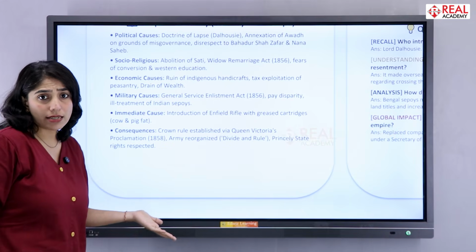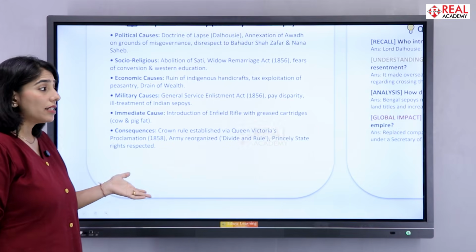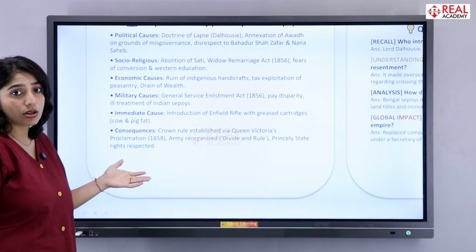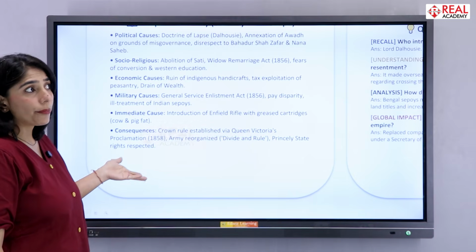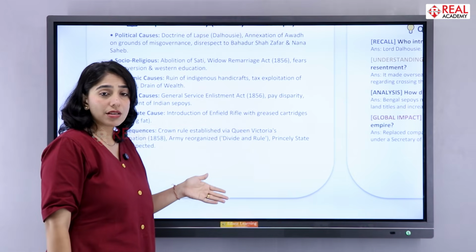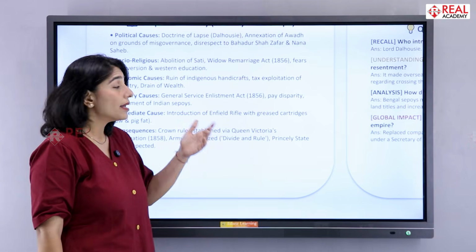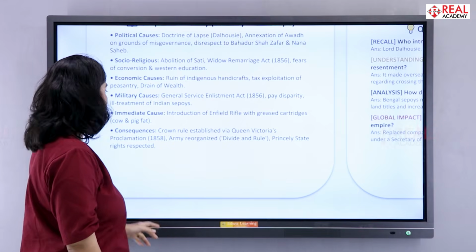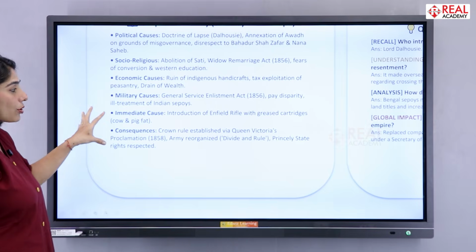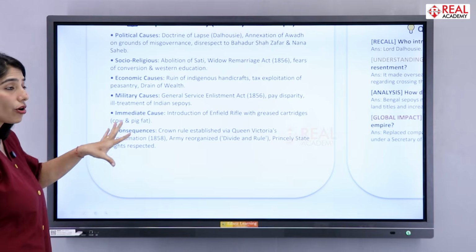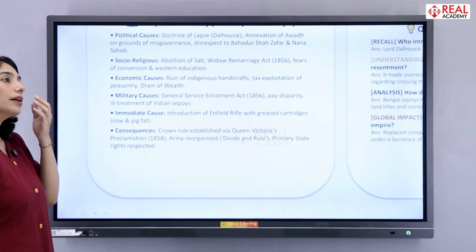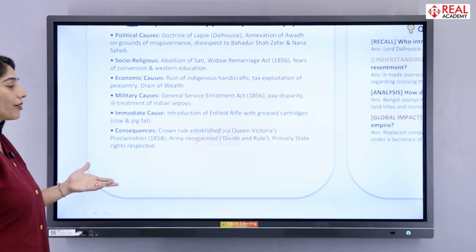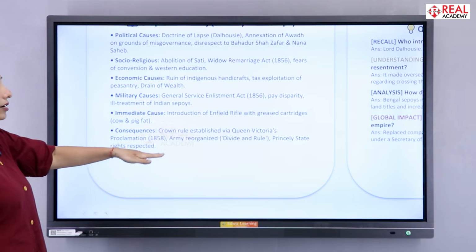So which hurt the sentiments of the Indian soldiers here. Holy, for example, cow being holy to Hindus and pig being taboo to Muslims. So this brought the unity between Hindus and Muslims at this point of time. And the consequence of the entire revolt, the first war of independence, was that a new rule